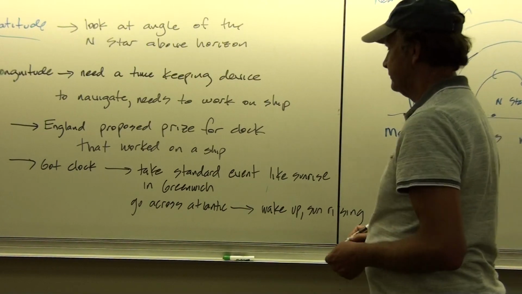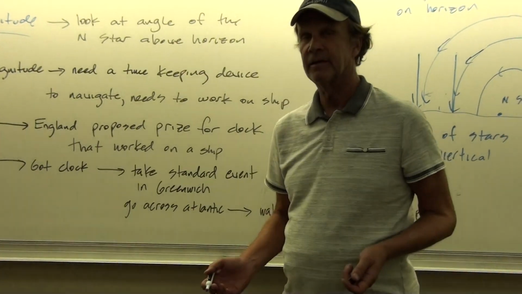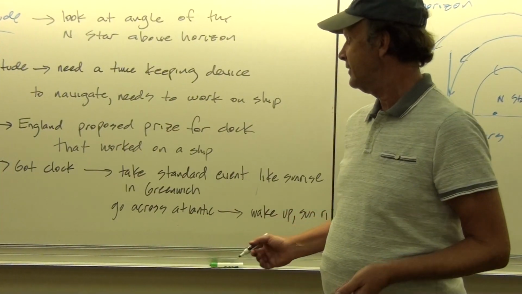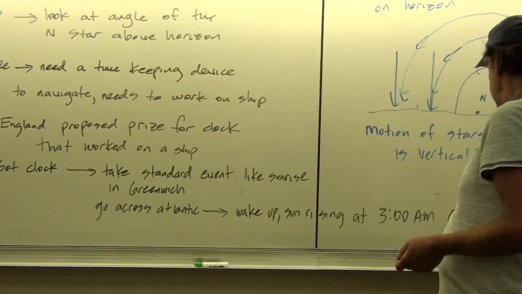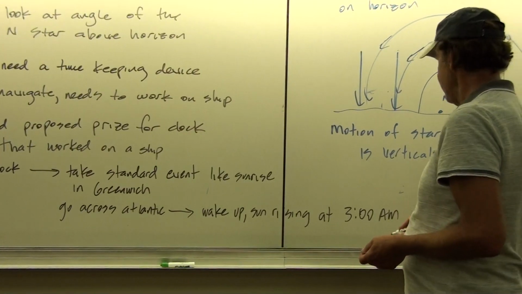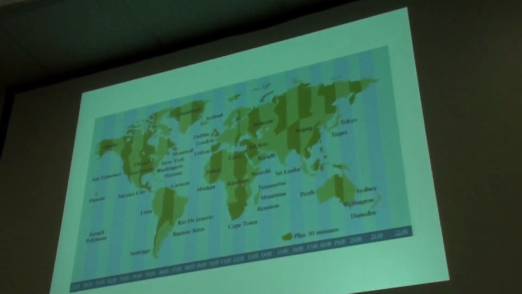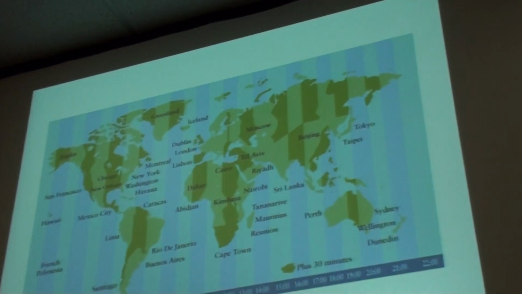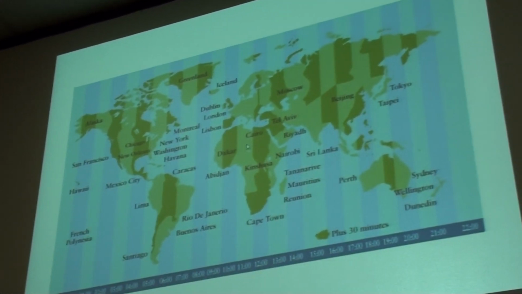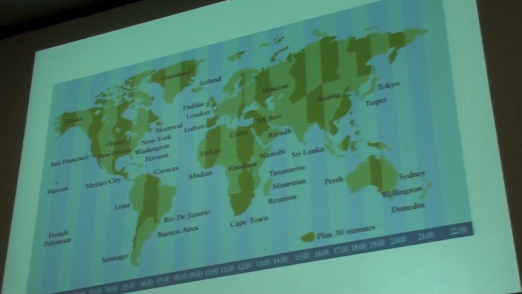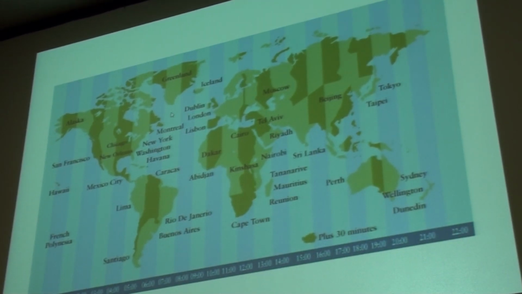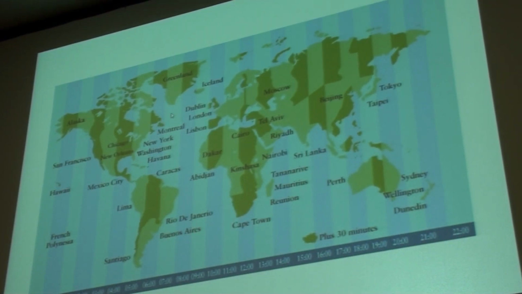What does that tell you? That the sun decided to get up early? No. This is 3 a.m. Greenwich Standard Time, not 3 a.m. where you are. So if we look back up at the data projector, what that tells us is that if this is the time zone for Greenwich, then we must be 1, 2, 3 time zones over from that.